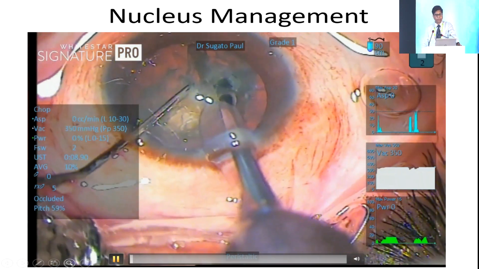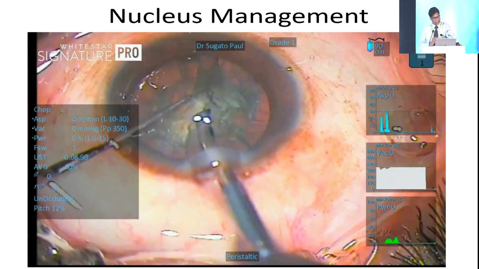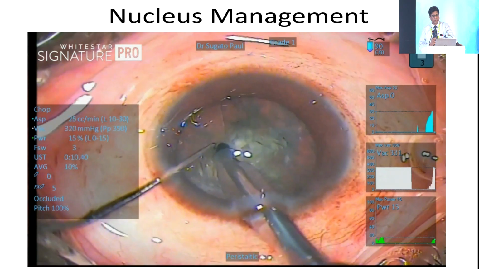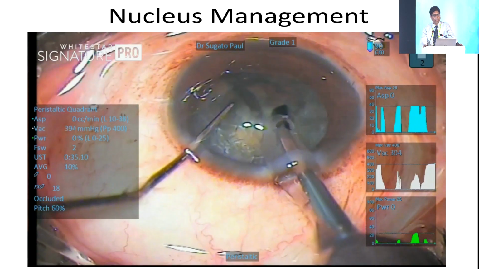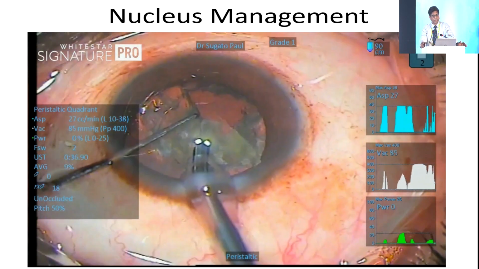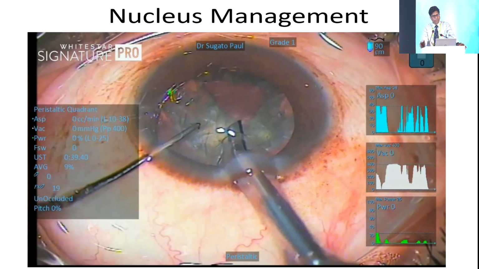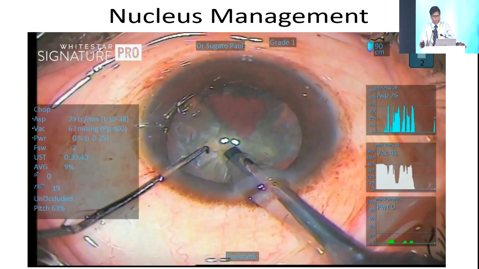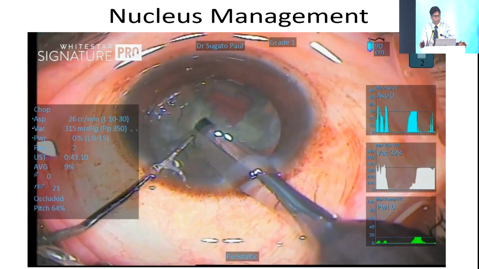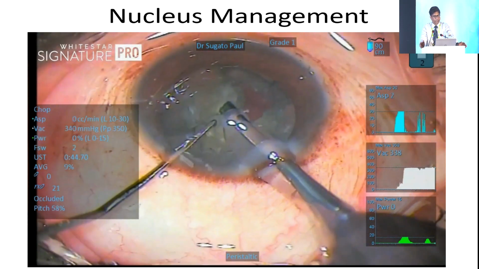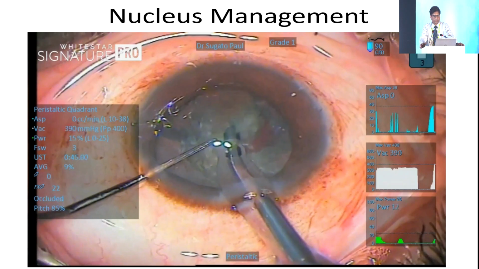if you keep an eye, I have done the first chop here with a vertical technique. I'm tilting my phaco tip slightly to get a pizza pie of the nucleus. So I have done the second chop and I take that out. I have taken a quarter of the nucleus without rotating the nucleus. Now I'm further tilting the phaco tip and burying it inside the nucleus. Look where I'm putting my chopper, not against the tip, but at the side of the phaco tip, and separating the nucleus. And now I'll emulsify that part.